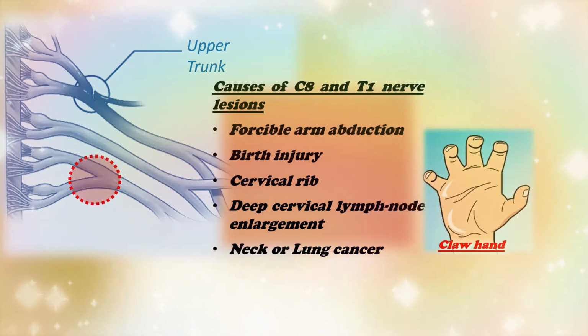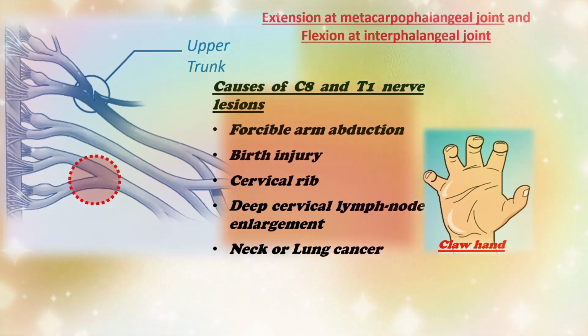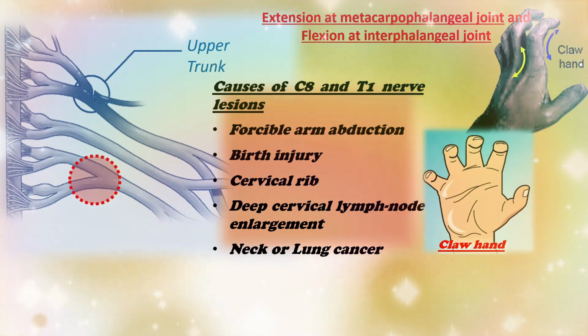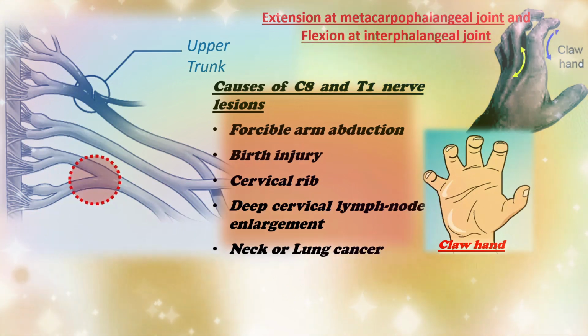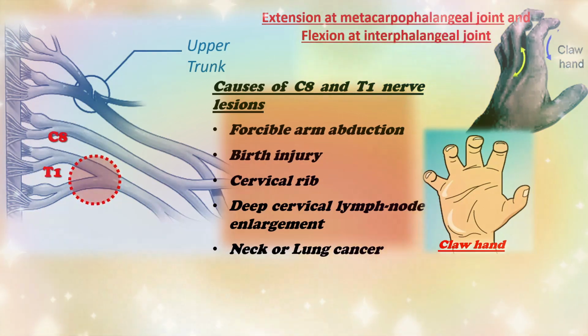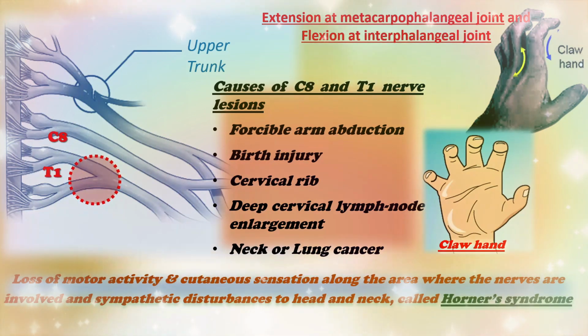All intrinsic muscles of the hand are supplied by ulnar and median nerves, so lesion of these nerves causes hyperextension and flexion of metacarpophalangeal and interphalangeal joints, thus causing claw hand. This is due to paralysis of long flexors and extensors of the forearm supplied by C8 and T1 spinal nerves. Damage to the 8th cervical nerve and 1st thoracic spinal nerve causes anesthesia along the medial side of the forearm, hand,